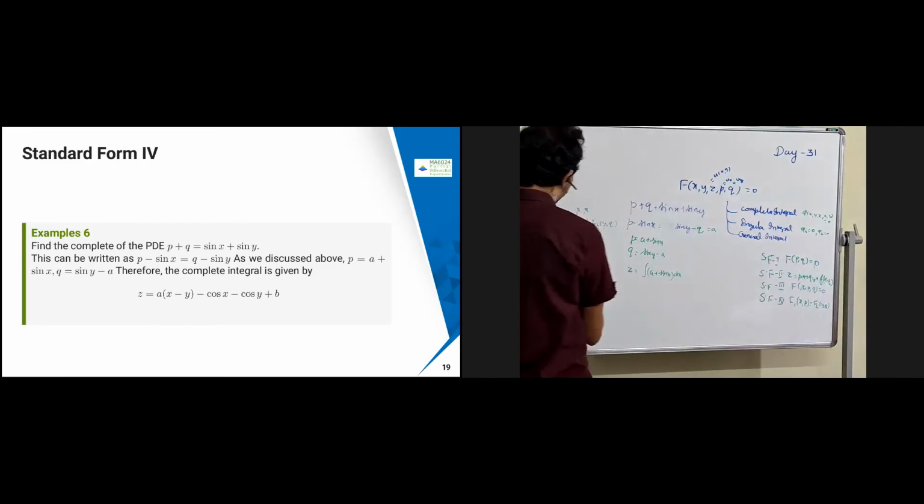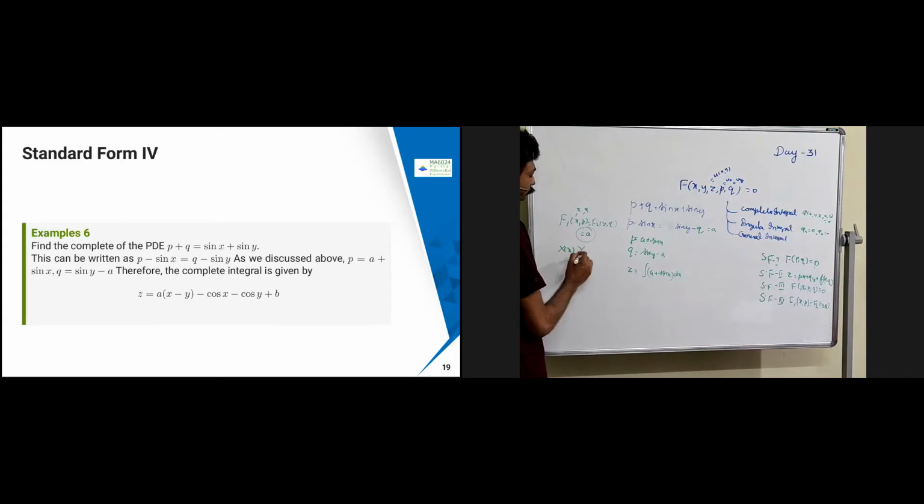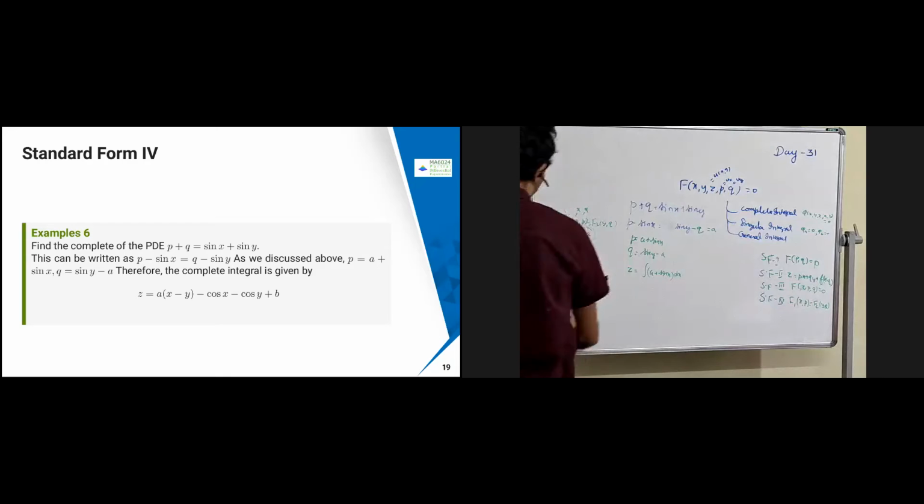In that case, we discussed X of x into T of t, then we defined u_t minus c square u_xx. Here we substituted, and then we got something like X dash by X equal to T dash by T equal to c square T dash by T. This side is completely x, this side is completely t. Therefore, this will be constant. The same logic here. This is separable: I just have only the x term on this side and the y term on the other.